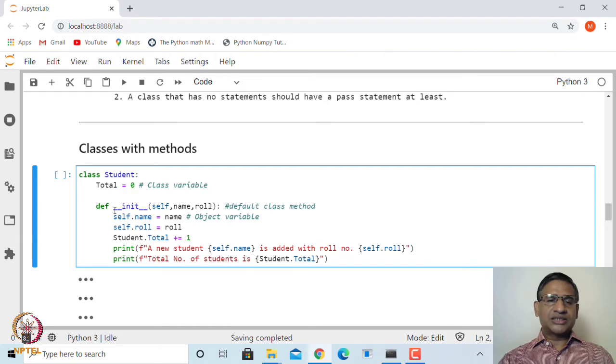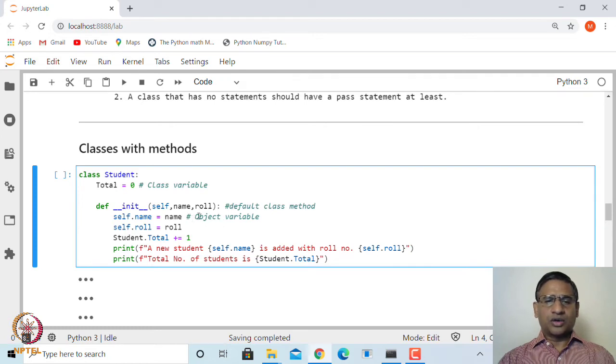Okay. Now next is you create a method called init, which is again a default method. This is also known as initialization. So how do we create it? You just type def and space, two underscores, init, followed by two underscores, and then inside the brackets you have to give the arguments. By default this will have an argument called self. So this is a default argument, you have to give it, and then we are giving two variables here, which are the name and role,